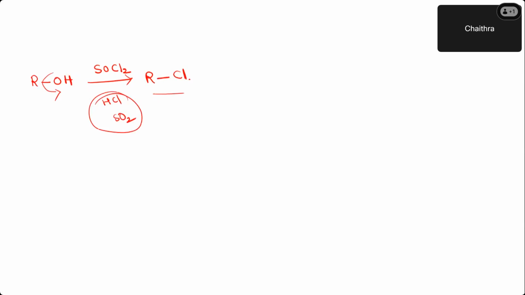Remember? Now, on the arrow mark, I'll write KCN. Can you tell me what is the product? Predict the product. Yes, predict it quickly. KCN is an ionic compound, right? How does it ionize? K plus and CN minus. This is the ambident nucleophile. Very good. Yes, Jyoti, it is RCN. So, why does the linking happen through C? Because the carbon-carbon bond strength will be greater. You get alkyl cyanide. Very good.